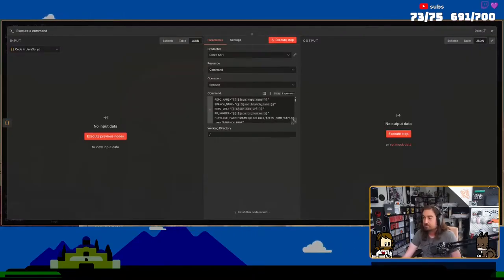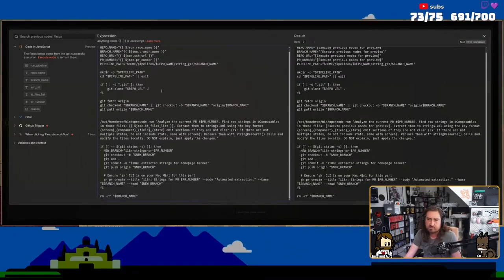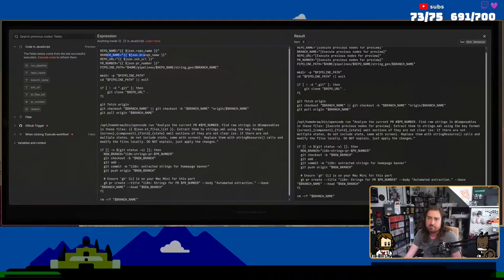And then the fun part about what it does is it connects to the AI agent that I have running on that machine as well. Well, it's not running on that machine. It's running on a Mac Mini that's connected to the Raspberry Pi. They have a direct internet connection. And then what this does is it gets the repo name, gets whatever that branch name is, pulls out all the information I need at the top here,